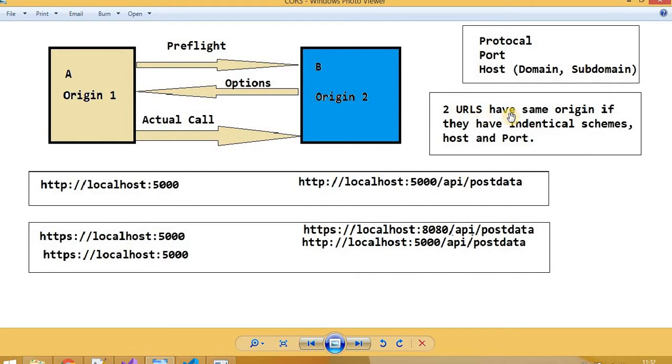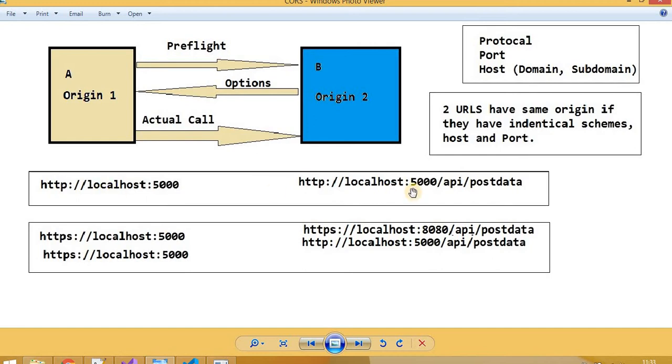Here, two URLs have the same origin if they have the identical scheme, host and port. So it means if they have the same protocol like HTTP or HTTPS or any other protocol, and the port number should be the same, 5000, 8080, 8000, and host is the domain, like domain or subdomain, on .com, .net.